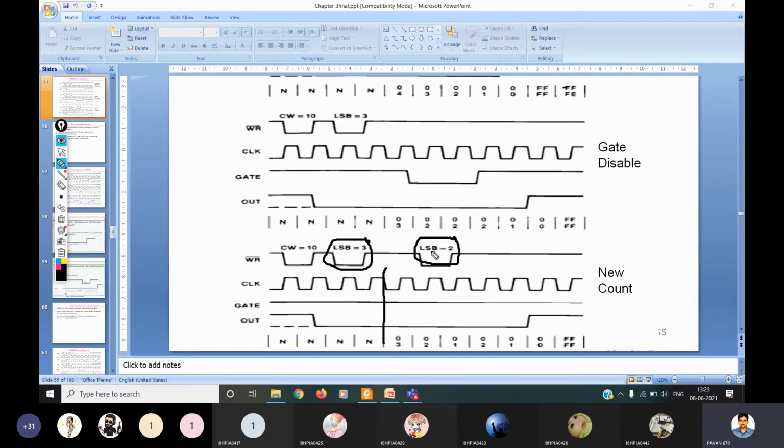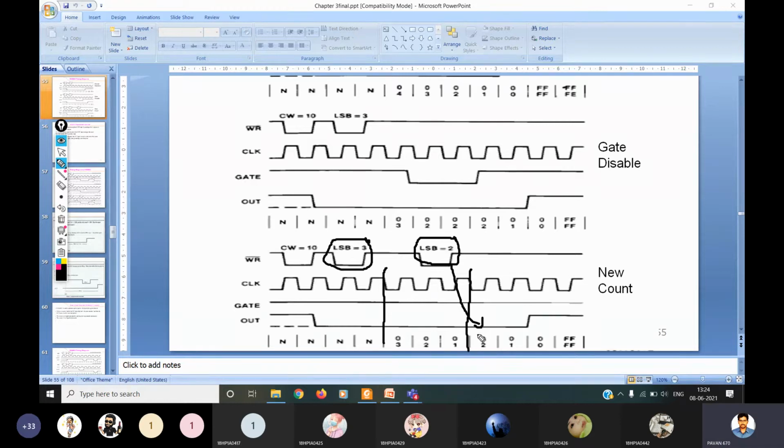But the new value is trying to load into the counter. Even though this value is loaded here, it will come into effect on the next clock cycle, at this negative edge. So definitely, before completion of this value, that new value got loaded here. Before it reaches the terminal count, since there is a new value, it takes effect in the next clock cycle because of these references. There is a one clock cycle delay, so that's why it is affecting in the next clock cycle.